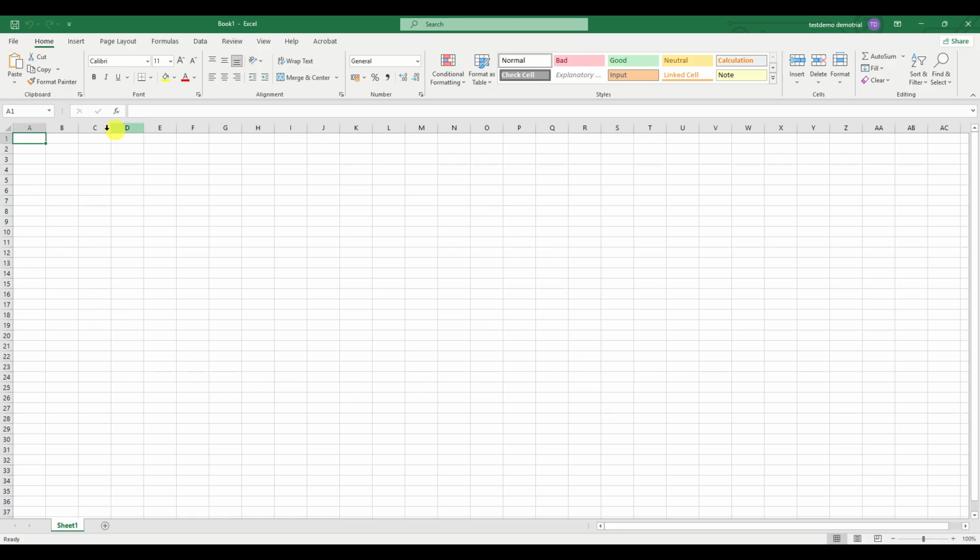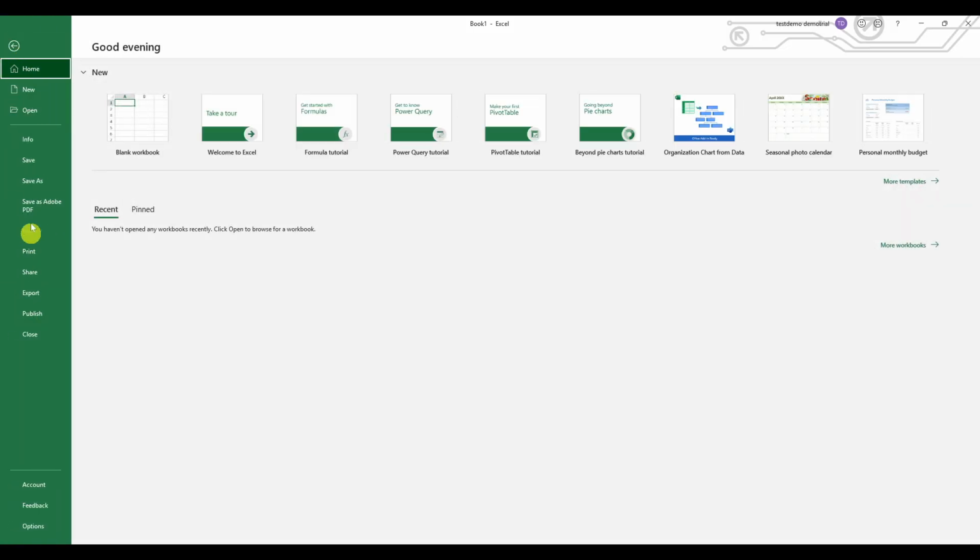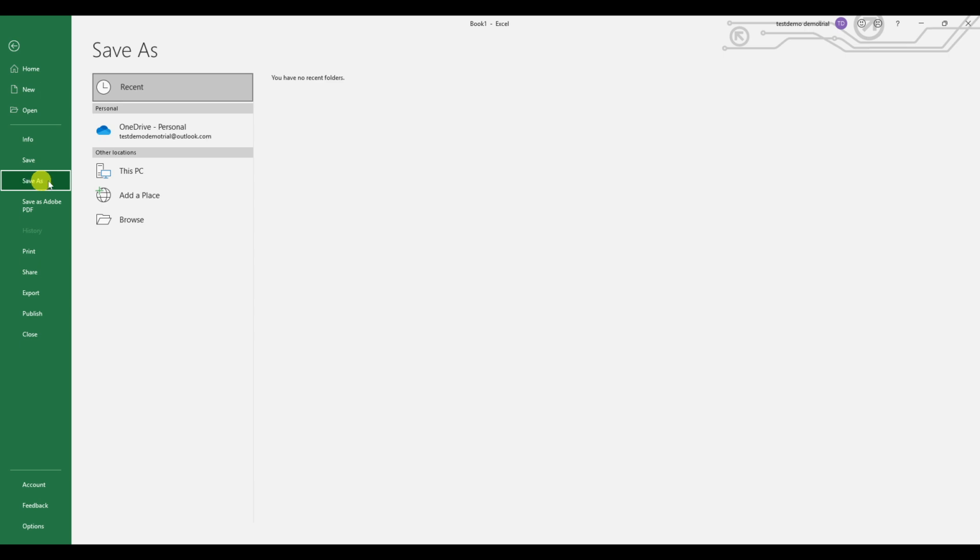With your workbook open, go to the upper left of the screen and click File. This takes you into the Backstage view where all your save and export options live. In the left panel, choose Save As. This option lets you choose a new location and, if you want, a new name, while keeping your original file intact on your computer. Next, select OneDrive